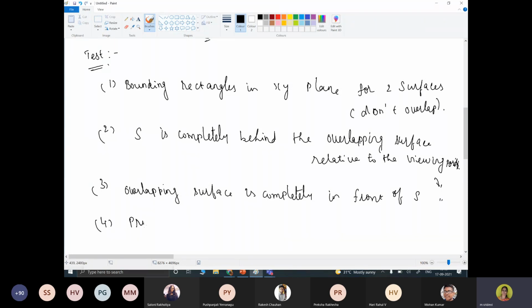The fourth: the projections of 2 surfaces onto the viewing plane don't overlap.